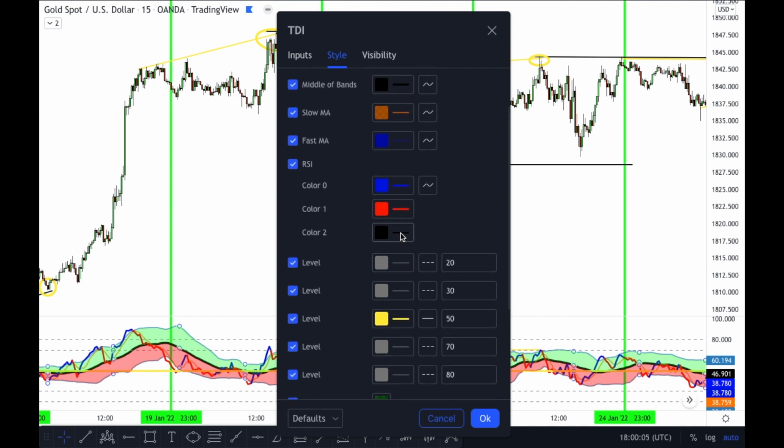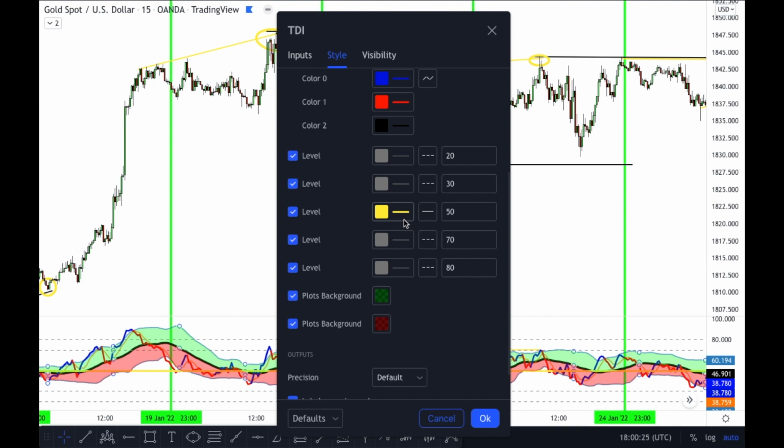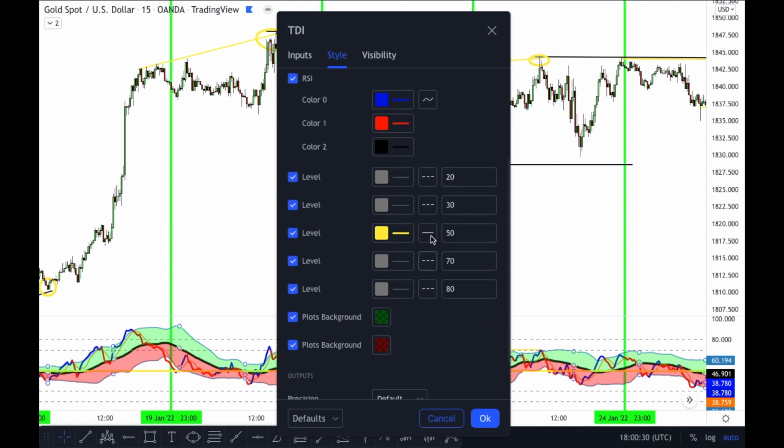So what I did do is I changed the RSI color that was green to blue so I could see it better. As you can see, the background for the uptrend is green, so I didn't want that to be an issue. And I changed the 50 trend divider to a yellow color just so that I can see price crossing through. And then I did change the sentiment line to a black color so I can see when the sentiment line crosses from an uptrend to a downtrend on the TDI as well. Just gives me a bit of a confluence just to see what type of trend we're in, not necessarily something you have to trade with the strategy. So this is all the settings for the TDI. I hope it helps people out a lot, and let's catch these pips.